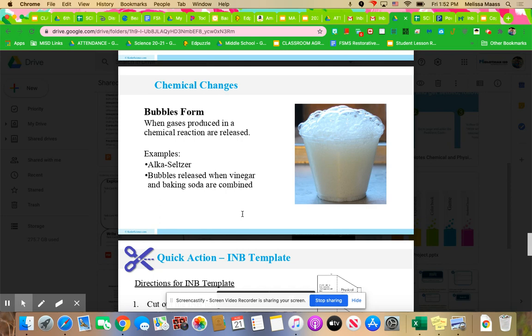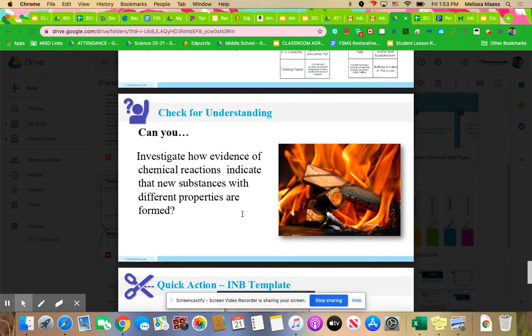And then the last one here is bubbles forming. This is when bubbles are forming and they have gases that are released into the atmosphere. We know a chemical change is happening then. Cool examples out there would be an Alka-Seltzer. You've probably seen commercials where they drop it in and the bubbles form. And then bubbles can also be released when you do vinegar and baking soda together, and you'd see the bubbles, and that would be evidence that you're looking at a chemical change, okay? Other than that,